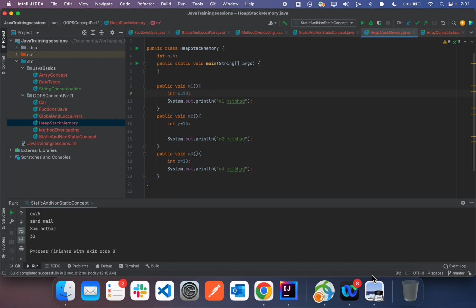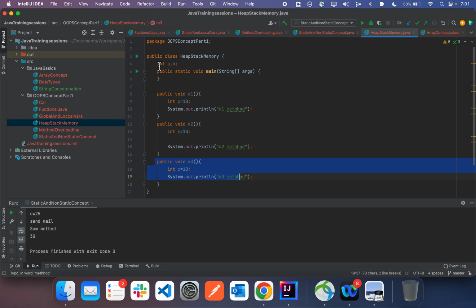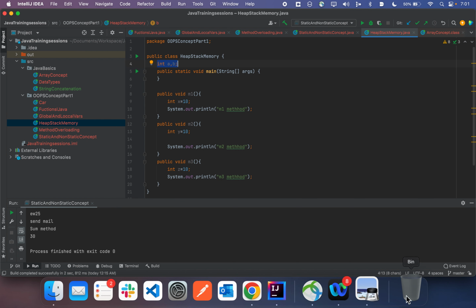Studying the stack and heap memory. So here we have three methods: m1, m2, and m3. And we have two class variables which are non-static. So what happens is